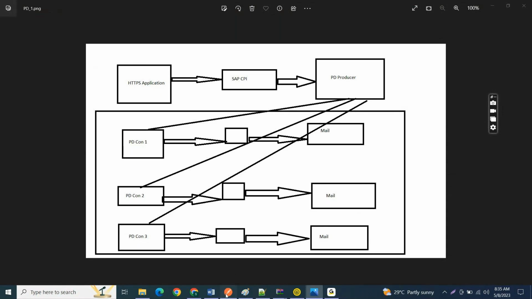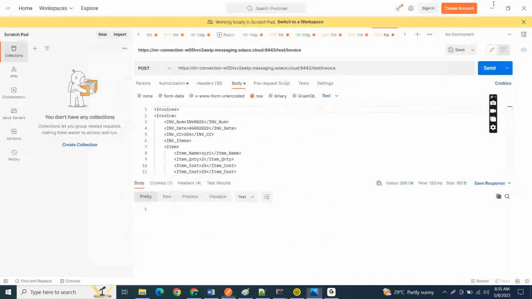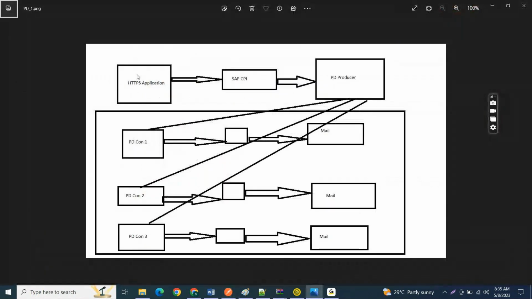Every time we are configuring HTTPS applications from the sender side. This could be an HTTPS application or SOAP application, or even an SFTP location, whatever it is. This is the first integration flow in CPI. Whenever the sender application triggers data to the CPI,